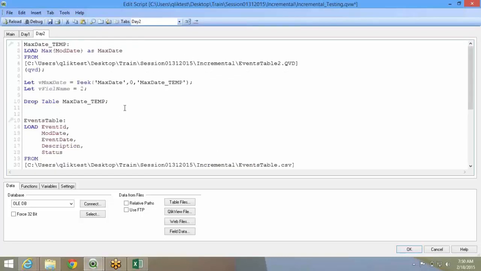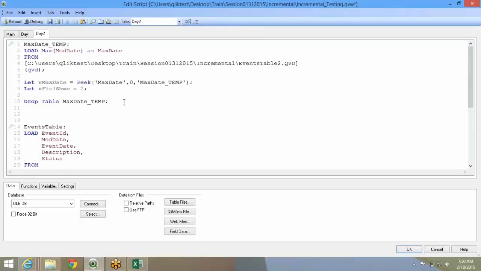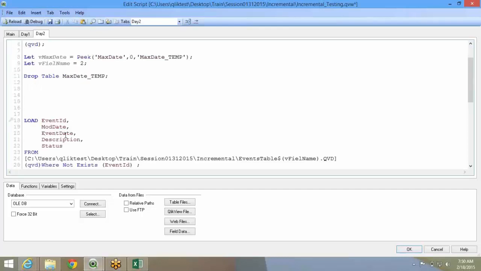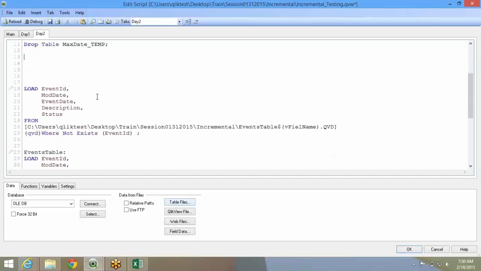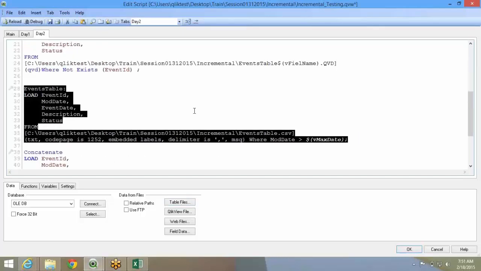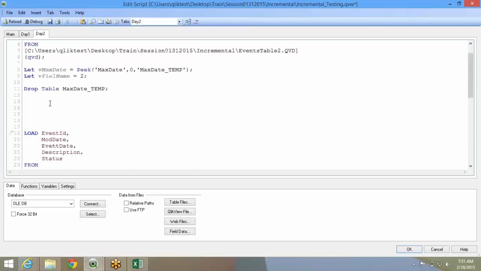This is the problem with the deleted records. So let's see here. First you will have to manage the deleted records, then in the same file, if you have changed records, you will have to manage the changed records. The same kind of functionality, you will have to load this table again. Okay, so the events table.